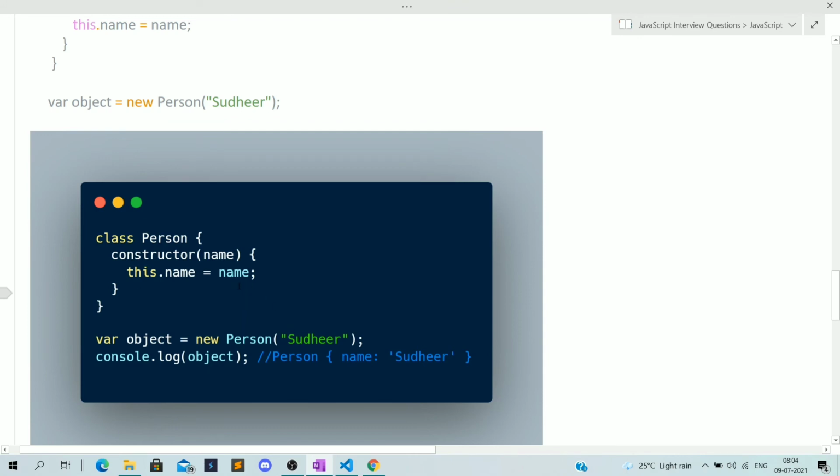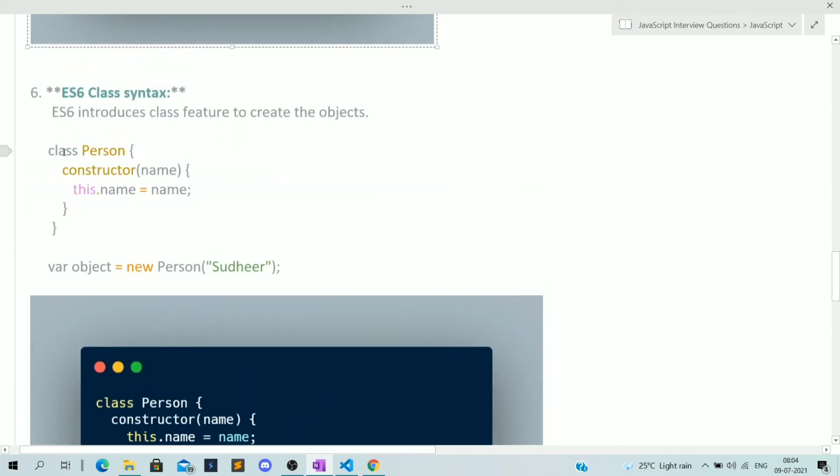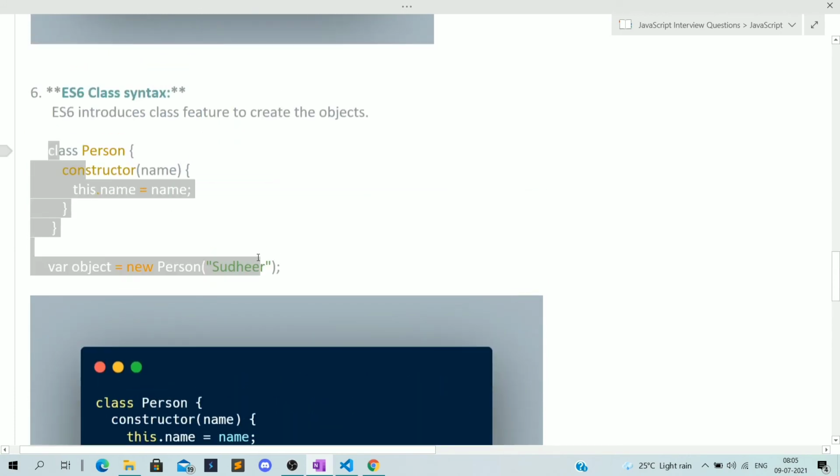This name Sudhir comes here, and we are creating a property name, in that we are assigning Sudhir. Now if we try to access the object, it will print name Sudhir. Why? Because we have the property name, and what have we assigned? Sudhir, that we have passed from here. Okay, that is how we can create an object in JavaScript using the class syntax.